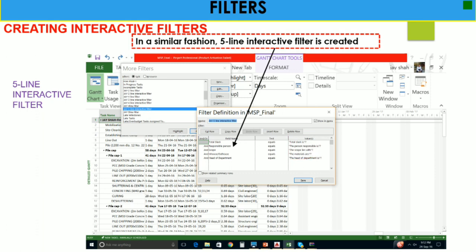Each and every project manager, or whoever handles this project, can use this filter interactively based on your project requirement. We have already seen how you can assign your filter and generate different kinds of reports and presentations.